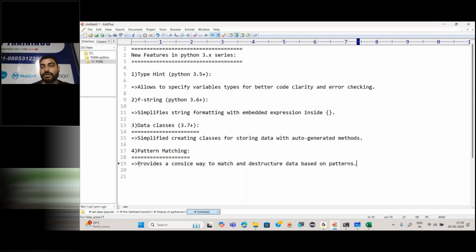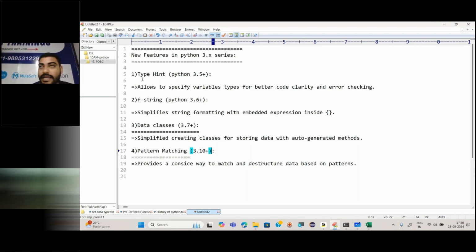So this is all about the new features they have introduced. This particular feature has been introduced in Python 3.10 plus version. So here we have seen some new features of Python, where we have seen the type hint.